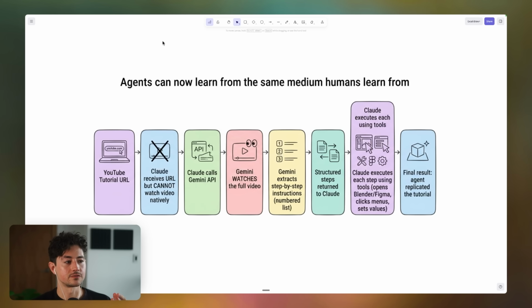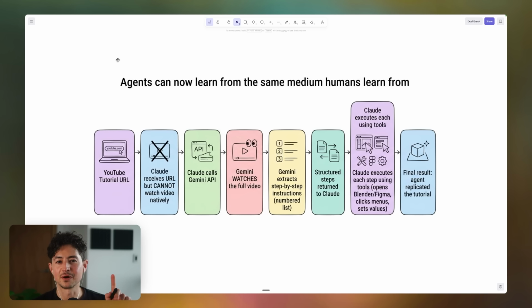Well, now agents can learn from the same medium humans learn from, and we do so by combining a little bit of what I showed you guys earlier, multi-agent MCP orchestration, with this idea of passing requests through the Gemini API, because Gemini has built-in support for video now. Basically, you know how videos are a certain number of frames per second, like this video, for instance, is 30 frames a second. You could tell if you find a way to slow it down.